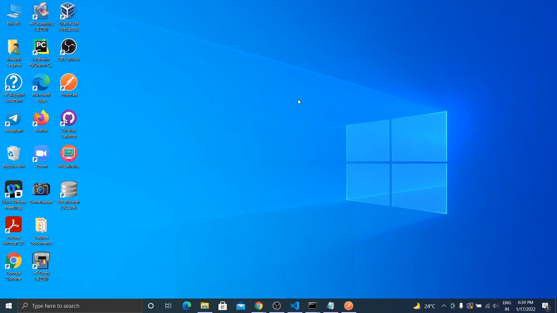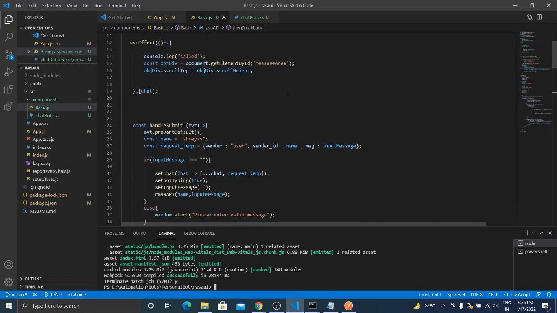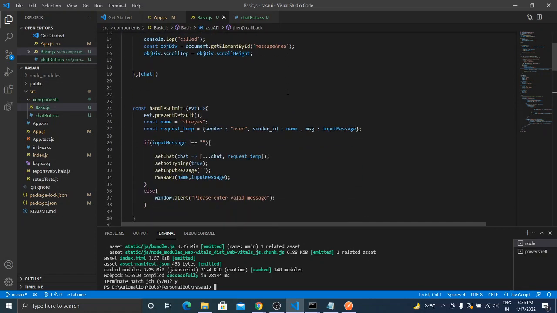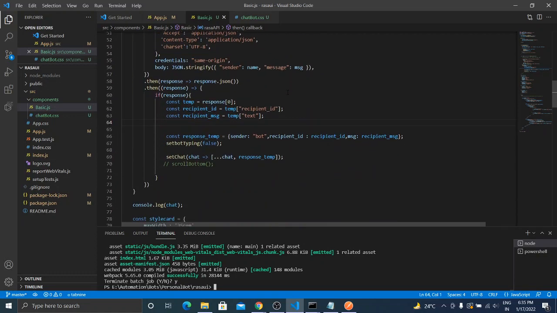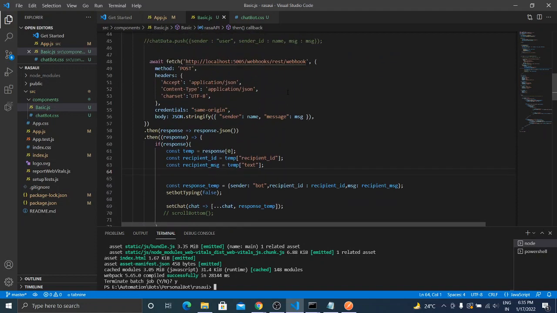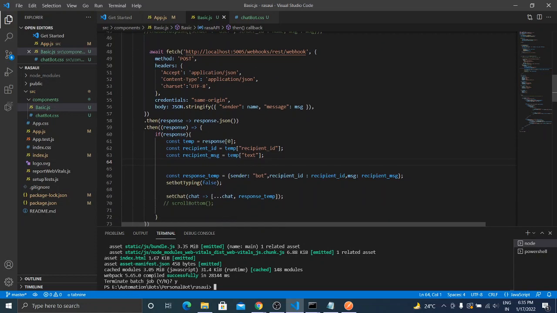Now we will see our custom designed React UI. So this is the code designed using React based upon the functional component and React hooks. This is the fetch method, where we can send the body, that is our message, and get the response from it.